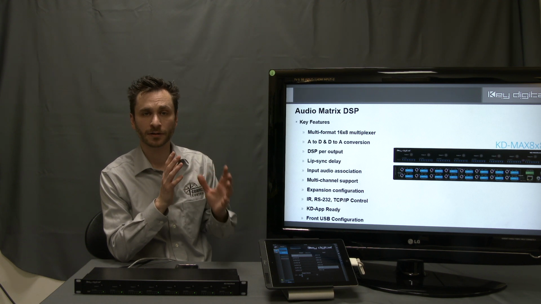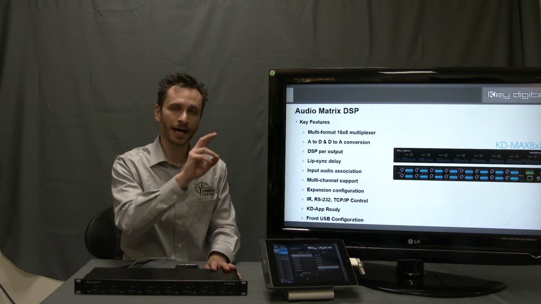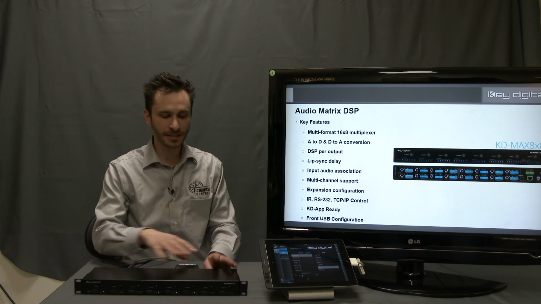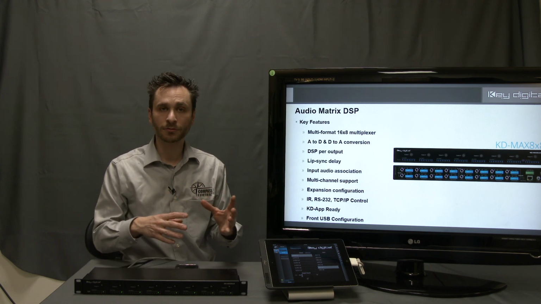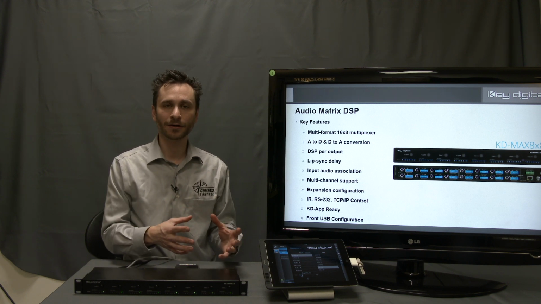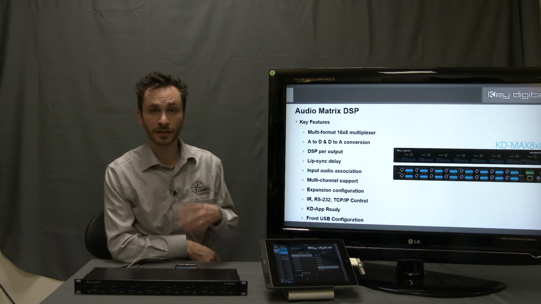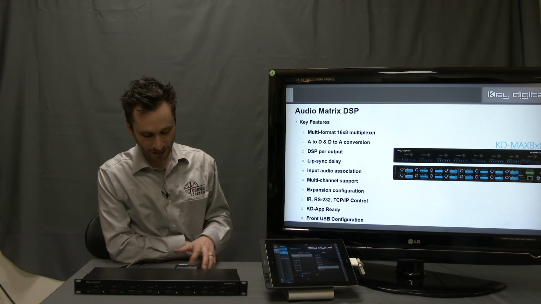You have essentially a 16x8 multiplexer in here, as each of your inputs has analog and digital, and your outputs can select those independently. So the product has a lot of sophisticated features, and our Compass control module is going to allow you to give those to your end user in a really easy to operate interface. So let's go ahead and take a look at the control module for